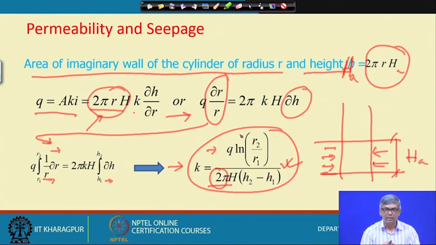confined aquifer. Now in a confined aquifer, when you draw constantly for a longer time, the water level in the well may come down somewhere here. This was the impervious layer, and this is the impervious layer, the water level coming here. If the water level comes down here, then you have to use a different equation, because the water entering will no longer be 2 pi r into h, that will be different. So for that a different formulation is there,